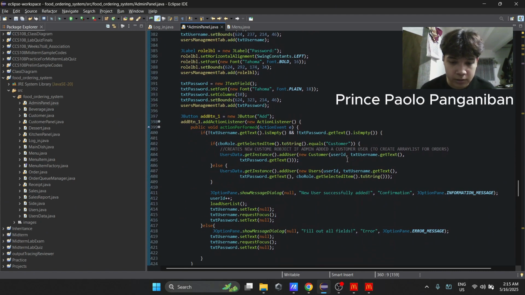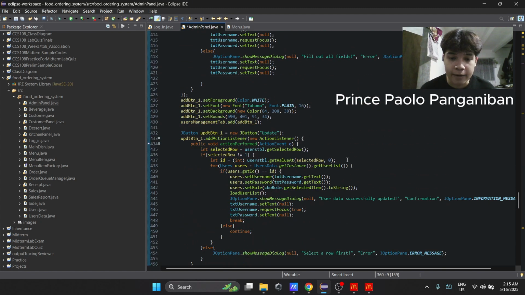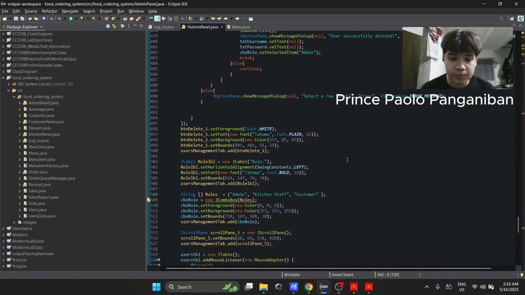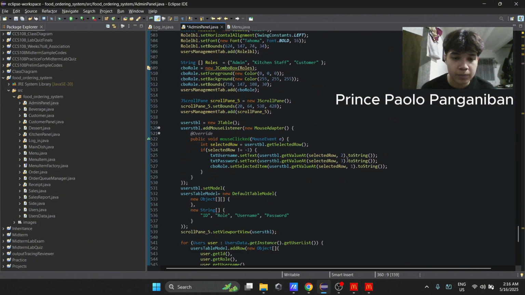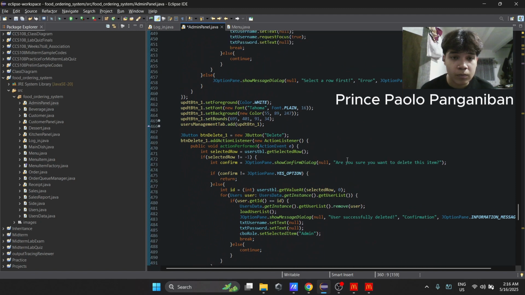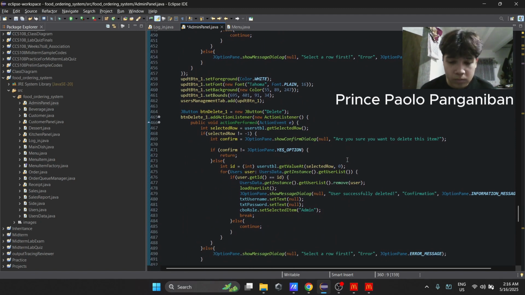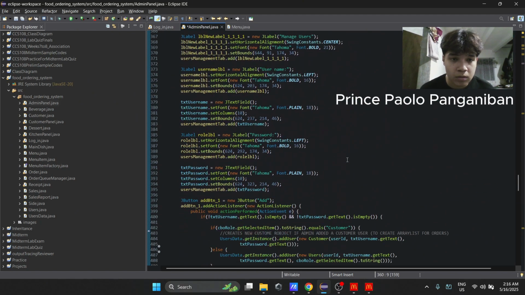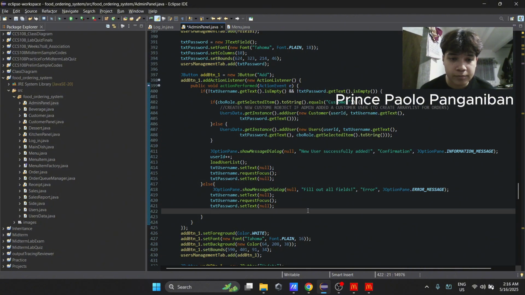Here we have the special twist. When the admin adds a customer row, we instantiate Customer.